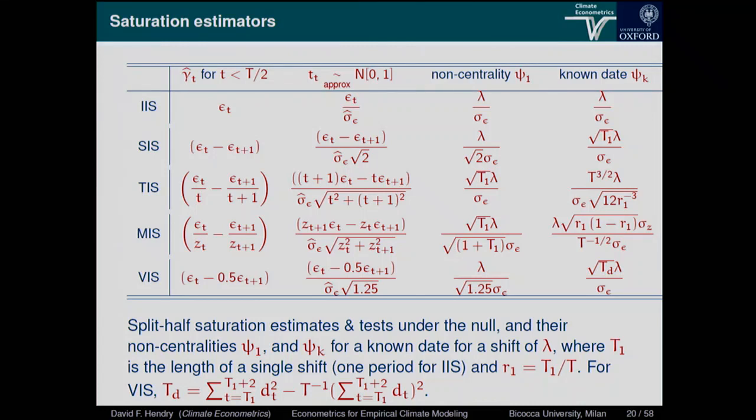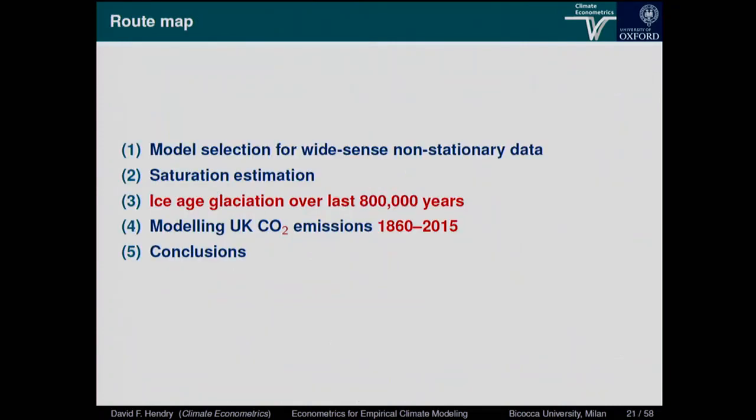For MIS, it's not fantastic. It's multiplied by where it occurs. R1 is T1 over T, so it's how far through the sample it occurs, and it's symmetric. It's R1 times 1 minus R1, and it's multiplied by the variability of the Z. So it actually does matter that your Z's have got lots of variability, and you should think of lambda times sigma Z as really being what the shift is in the parameter in that setting. And then for the volcano ones, we've shown it's very good at picking that up. It's quite a complicated calculation for root TD.